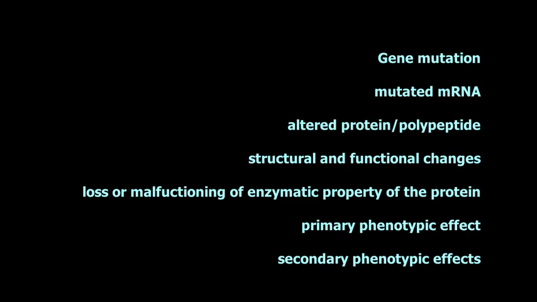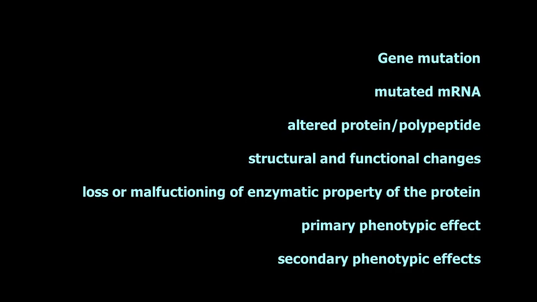What are the effects of gene mutations? The primary effect is the alteration in the amino acid sequence of the polypeptide chain or the protein molecule synthesized. Since the polypeptide is synthesized through an mRNA template, it leads to transcription into a mutated mRNA, which will produce a mutated polypeptide chain. And the immediate effect of a mutational change in a protein coded by a gene is the loss of its function. Suppose the protein coded by that gene has enzymatic activity and a defective or faulty protein is synthesized, the enzymatic property will be lost. So this results in a complete block of that particular metabolic pathway.